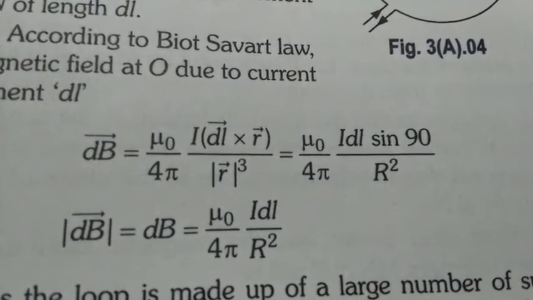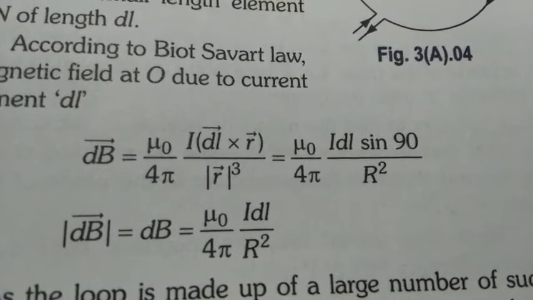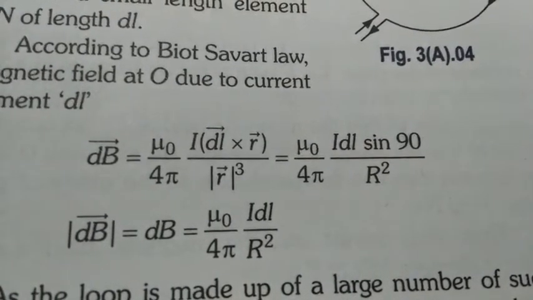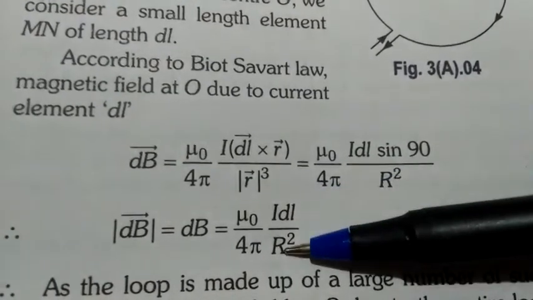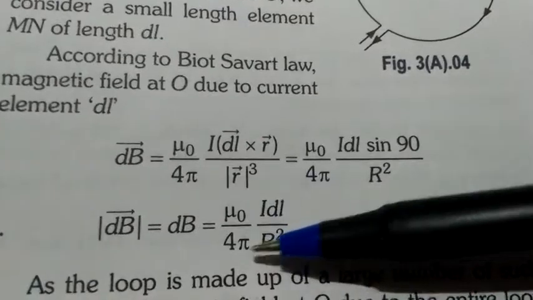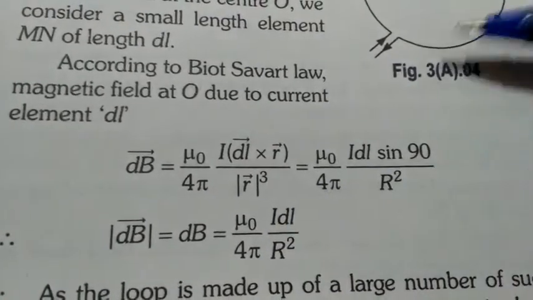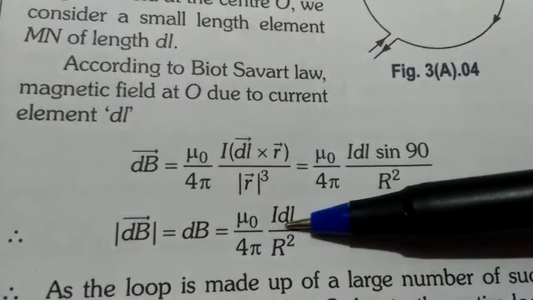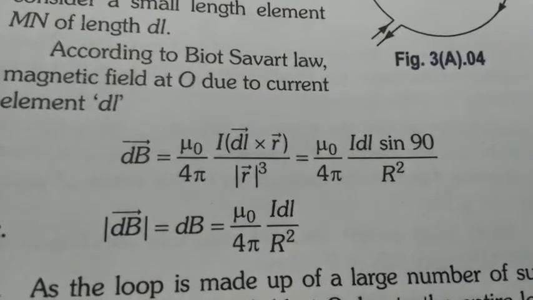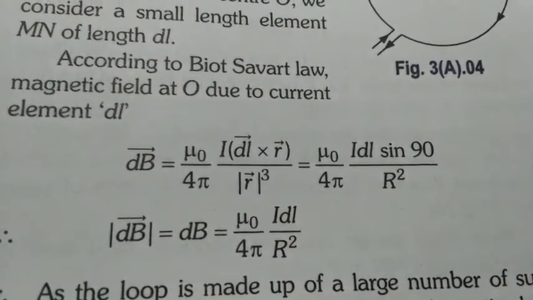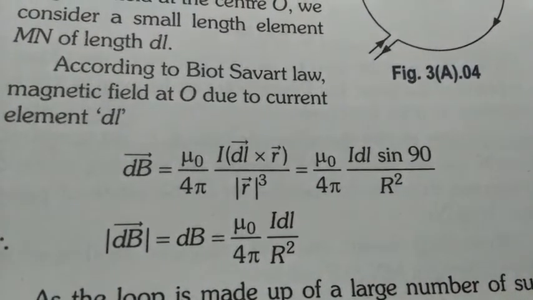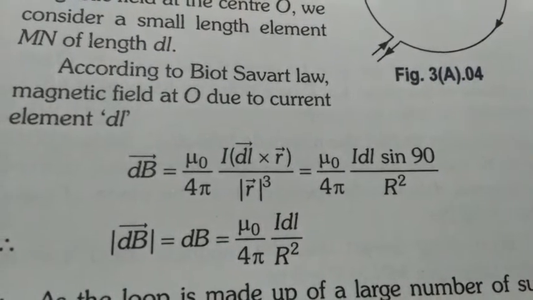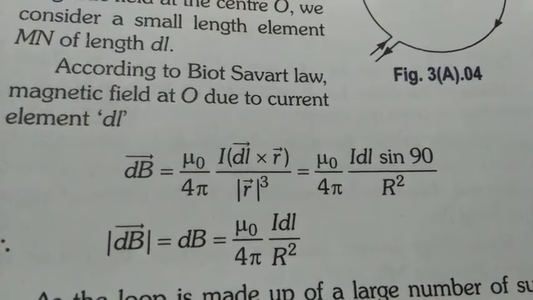If we want to find out the magnetic strength due to the whole circular loop, we will integrate it. Okay, so here I, that is the current, R, that is the radius, mu naught upon 4 pi, they all are constant. Okay, in this loop what thing will change? There will be change in the length of the wire. Initially we have taken length as dl, a very small length. If we want to find out the magnetic field strength due to the loop, the length of the conductor will change. So we will integrate the length here.